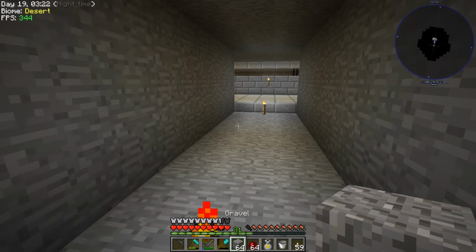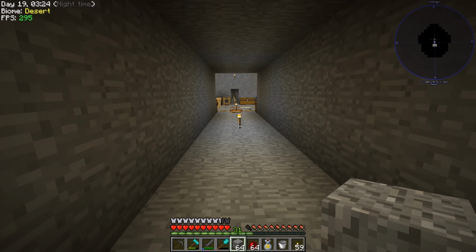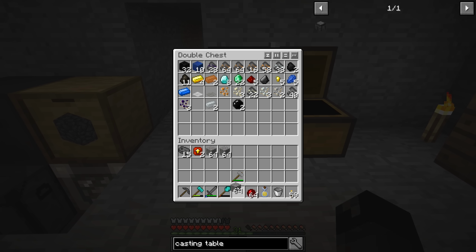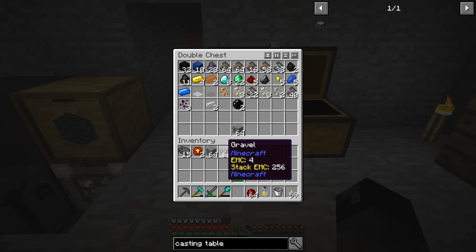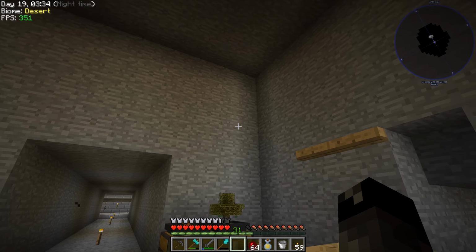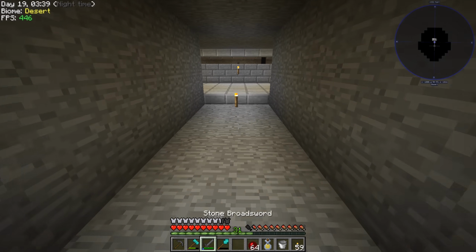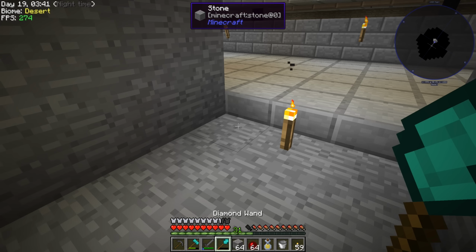Okay, so we got our stack of... Oh, I was going to put that in some kind of a pouch. I don't have a pouch. We have a stack of gravel. Let's just throw that right here. And then we need a stack of sand and some dust. So let's turn all of this into the next stuff here. So gravel...